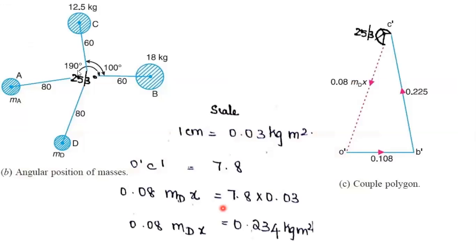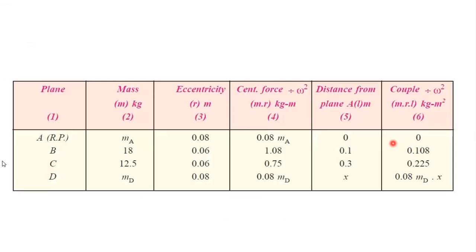So angular masses we have drawn earlier. No need to draw again and again. If you draw once, it's more than enough. But just have the reference of the angular position of the masses. So first B will be horizontal, 0 degree, right? So couple polygon means O dash, B dash, C dash. So B value, plane B is